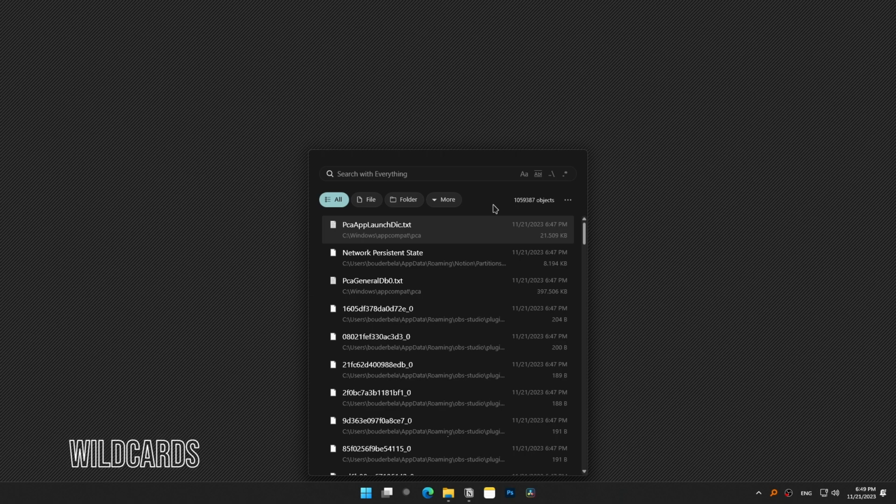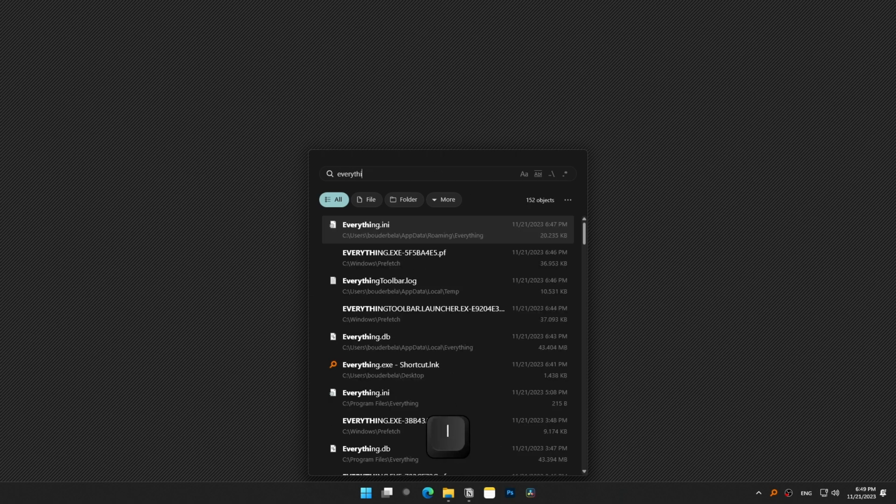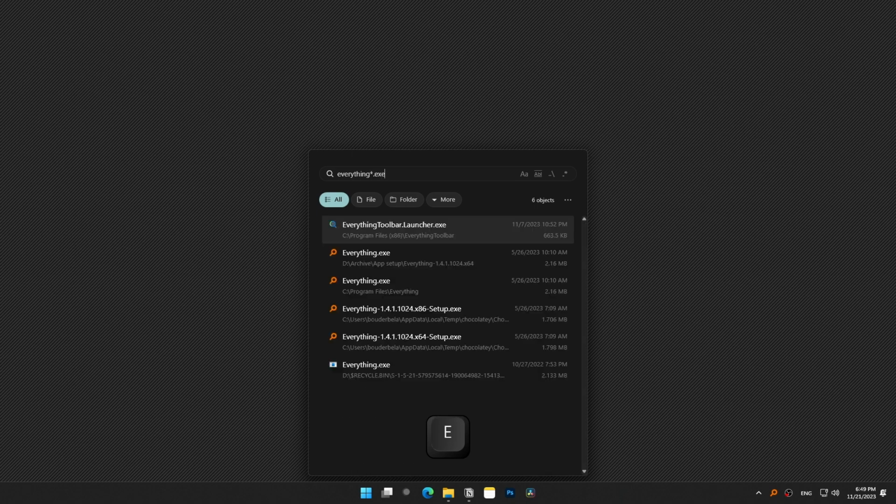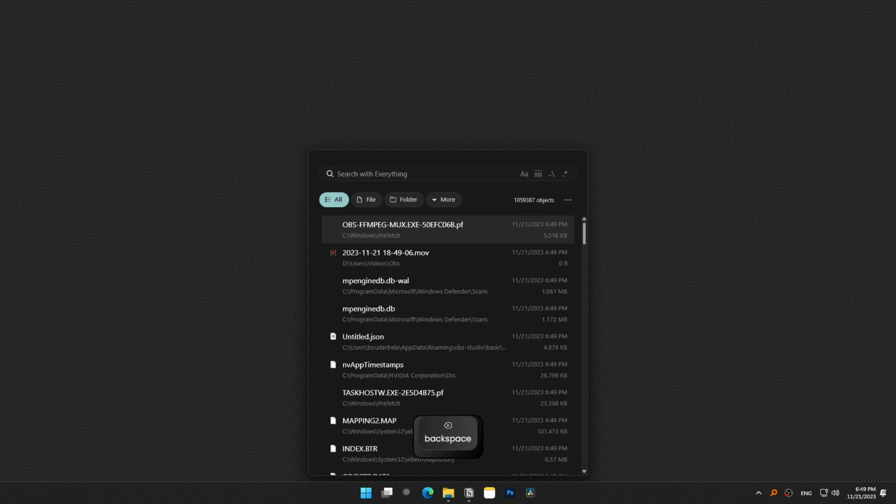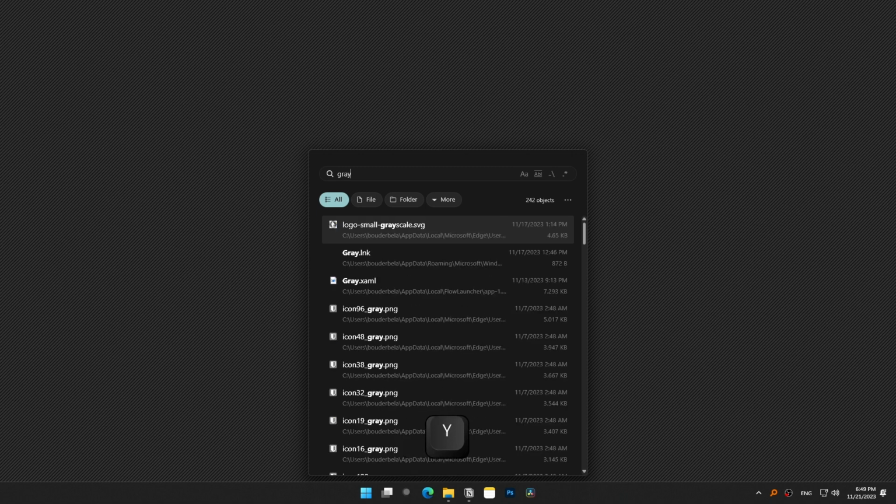Wildcards. Use star to match any number of any character. For example, to search files that start with everything and end with .exe, search for this, everything star.exe. Basically, this tells the program to fill in the blanks between everything and .exe. Use question mark to match one character. To search for files named gray, but you don't remember if it was gray with an E or gray with an A, search for this,